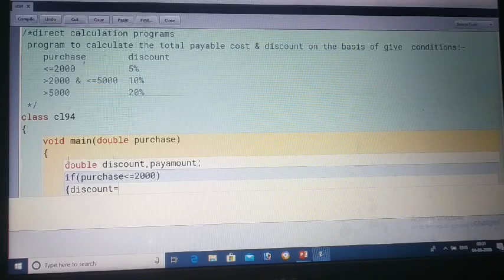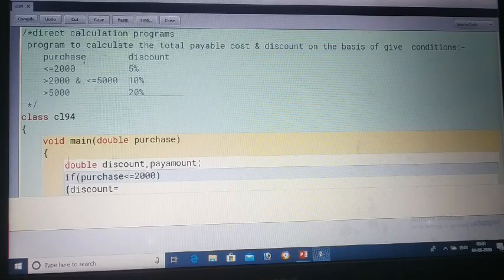Suppose 100 rupees is there, so 100's 10% is 100 multiplied by 10 by 100. This way we will find the discount value, the discount percentage value we will get.